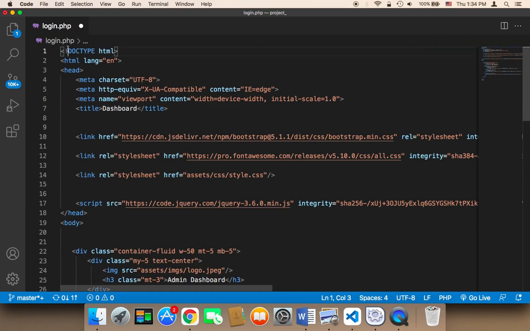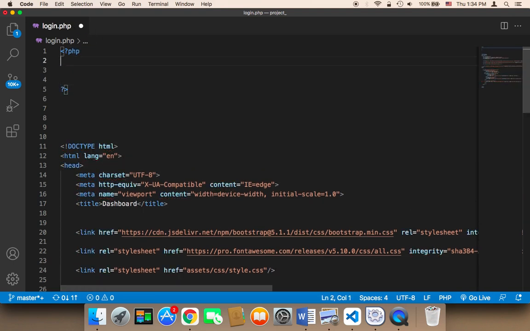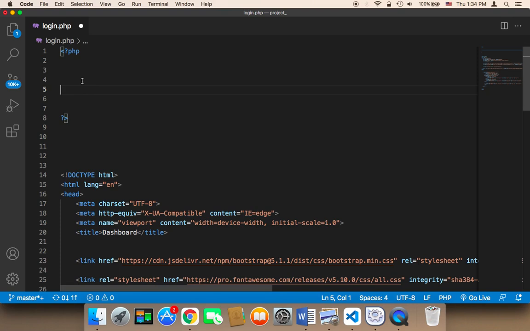Now at the top, what we want to do is add a PHP code that's going to handle logging the user in in case they log in, and prevent them from accessing the dashboard if they fail to log in. And to do this, we first need to say include, and then we need to include the connection. I'm going to say include connection.php,